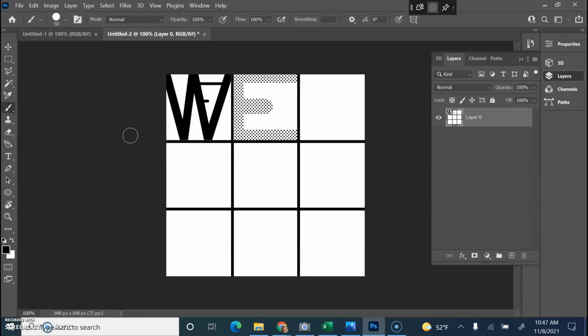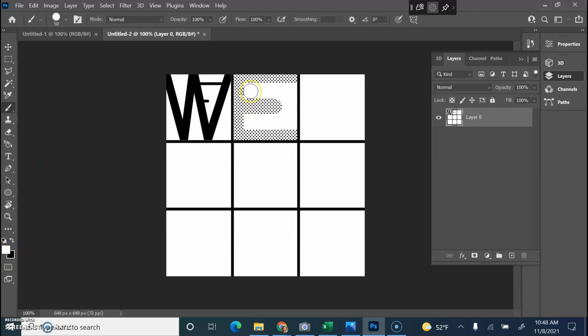Is there any way I can do that? I might be able to. I'm going to drag this a little bit farther out. Then I'm going to hit E for eraser. Actually, I don't want to erase right now, because if I erase, there's not a layer below it. So I'm going to hit B for brush, and I'm going to use a white brush,